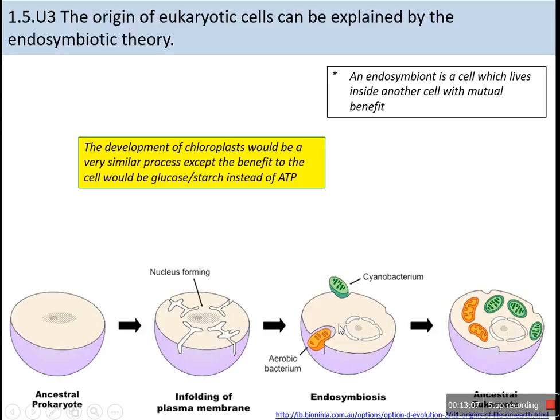So what happened next? Well, first of all, we get an aerobic proteobacterium, a fairly advanced aerobic bacterium that comes along. It could have entered a larger anaerobic prokaryote. So here is your prokaryote, and here is your aerobic bacterium entering through the membrane, possibly as prey. It might be eating it. And the same possibly with a chloroplast up here, with a cyanobacterium,